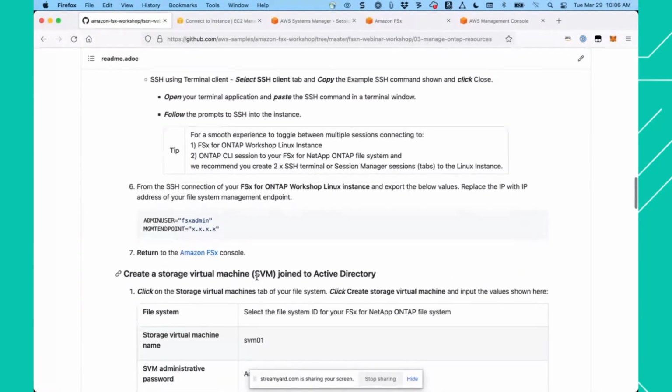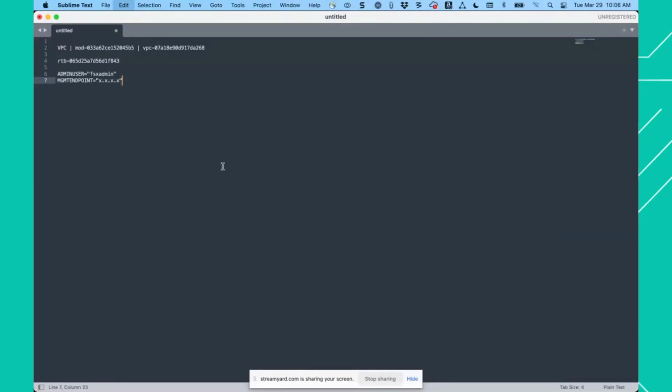Now what we want to do is store some variables, basically. So let's copy what's in number 6, and I'm going to paste this into my notepad. Now what we want to do is get the IP address of the file system's management endpoint, and we're going to paste it in here. So let's go